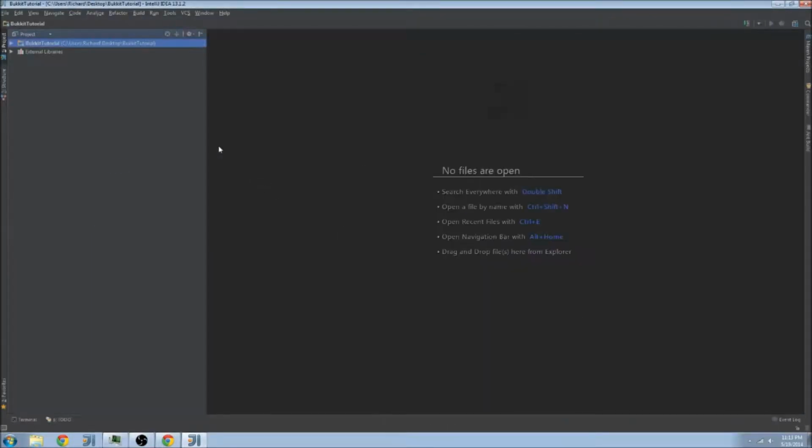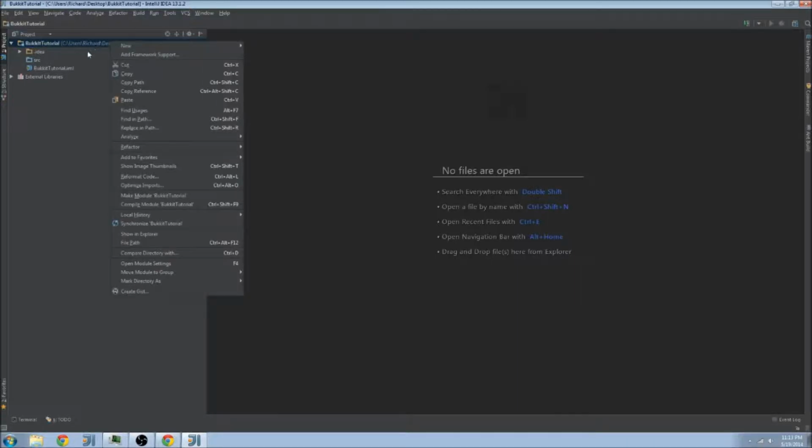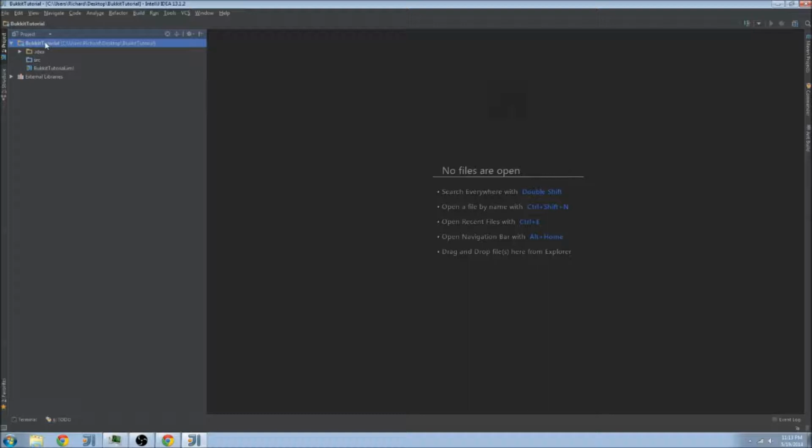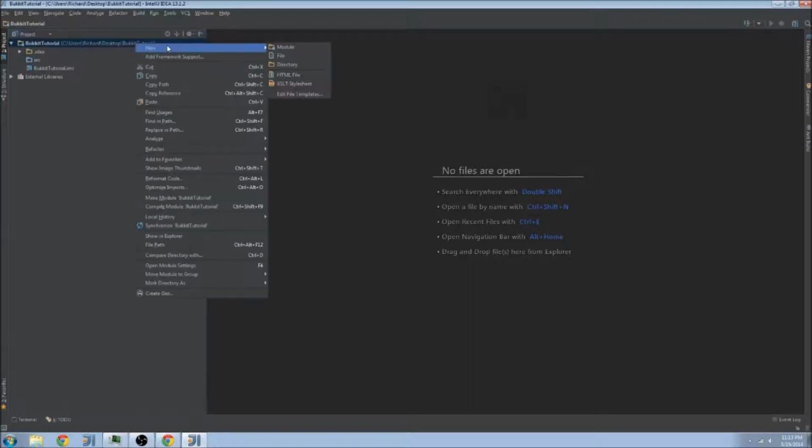So you've got this nice work table here that you can use. So you're probably going to be wondering, all right, now I've got this cool work table to work with. Where do I start with doing my plugin coding? The simplest way to do it is to actually start by right-clicking on the project right here, Bukkit tutorial, and clicking New, and then going to Directory,